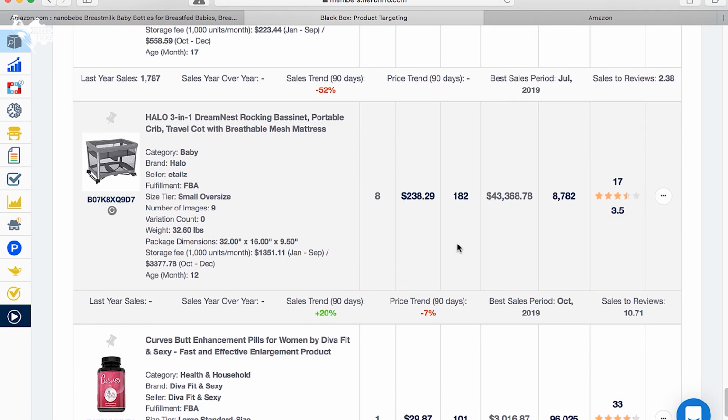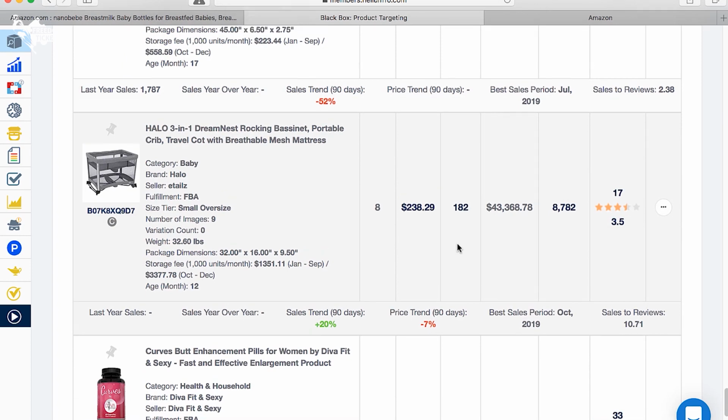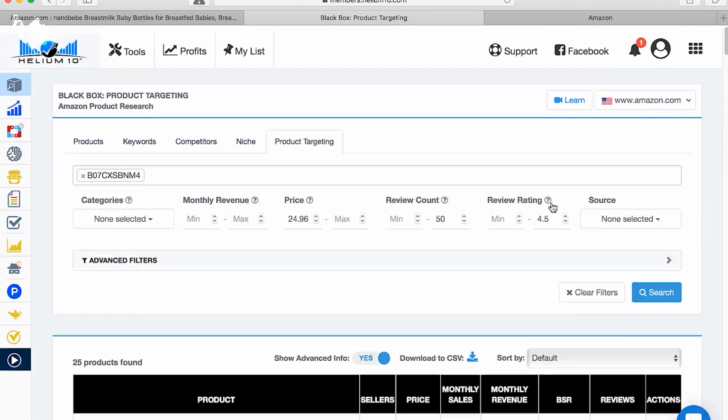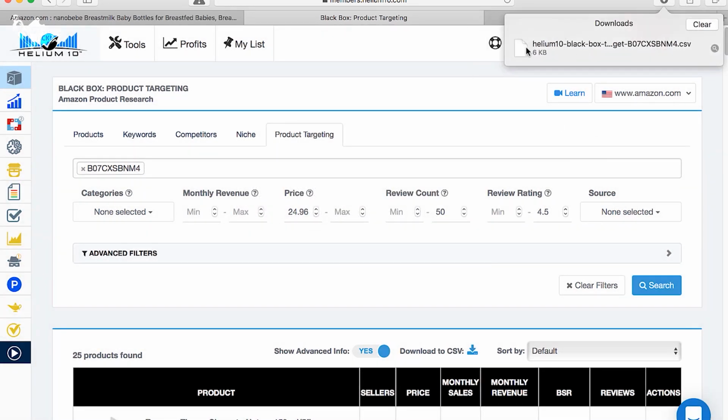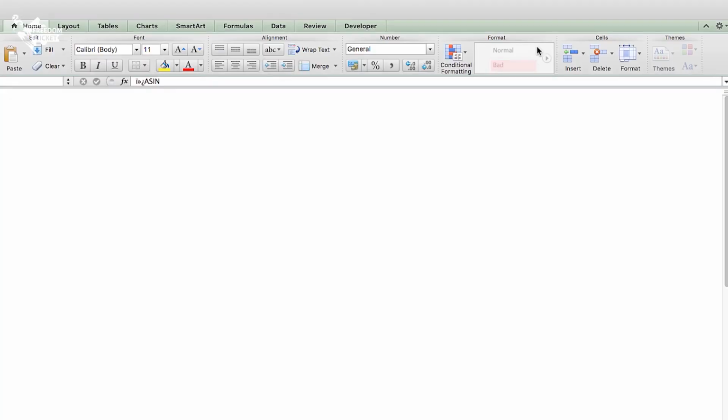But you see that it goes and searches all the frequently bought together. All these right here, it searches the frequently bought together, the Amazon suggested, and the customers who also bought this. And I'll find all these opportunities. And a lot of times you can come up with hundreds of these that you could target. So you could just download a CSV file. If you download that CSV file and you open it up,